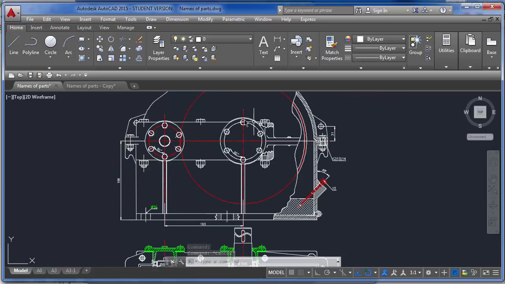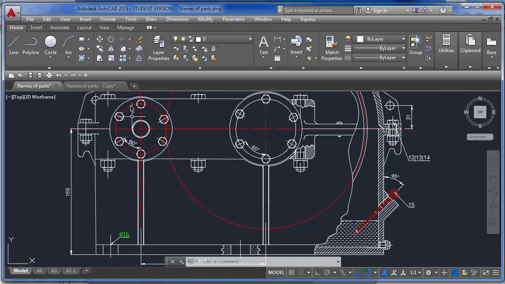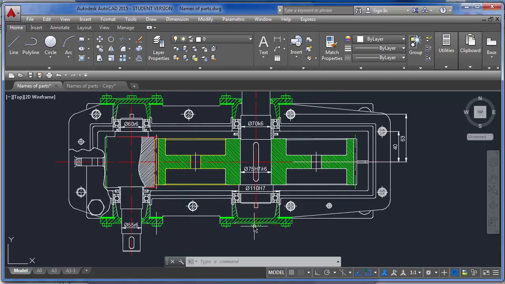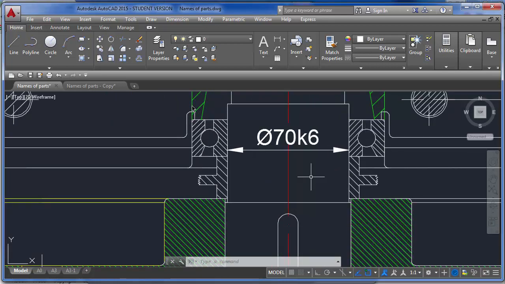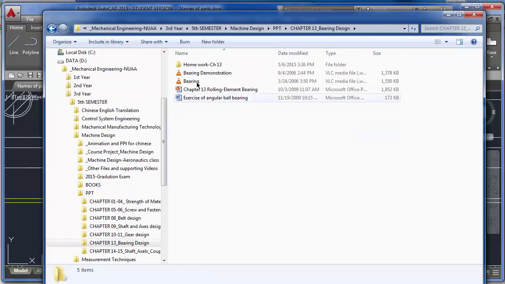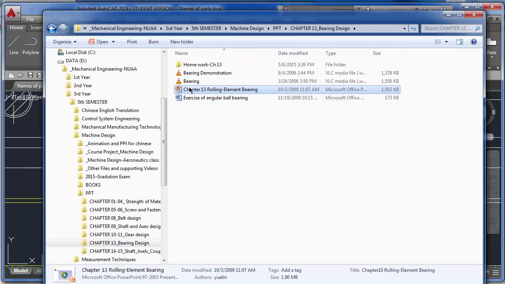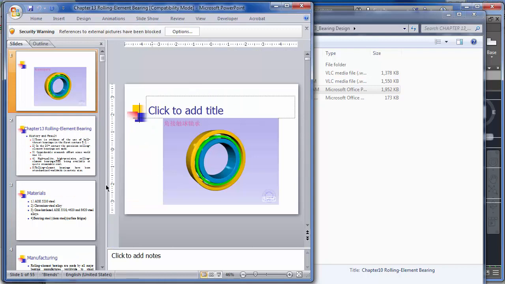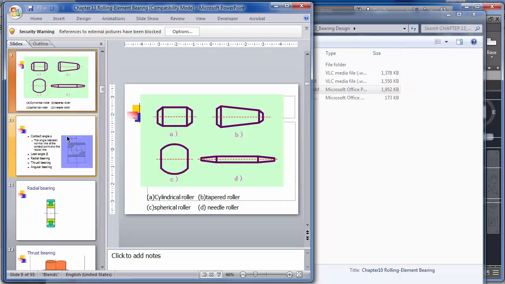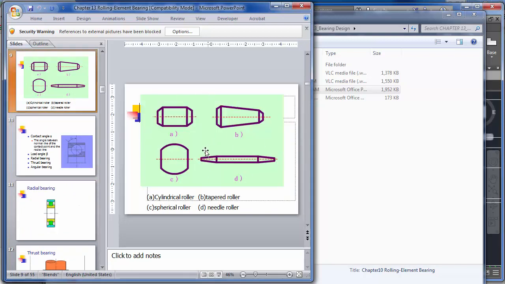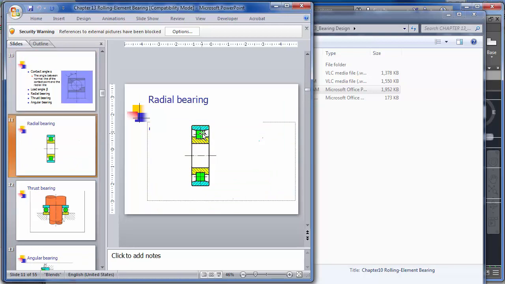Okay, so now you're clear about this bearing cover, bearing cover, bearing cover, bearing cover, bearing cover, and these are bearings. You can see it clearly. If I show you a standard bearing design from the PPT that the teacher was using in class, this is a bearing, and I was talking about this, and this is ball bearing, and this is tapered bearing, and this is thrust bearing